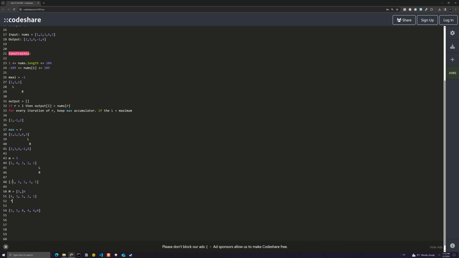Mm-hmm. So what the monotonic stack will end up looking like would be, let's say, 4, 0, 3, and then 1, etc. Right. So basically, back to where we were before, we have 5 at index 0, 1, 2, and then what we do is, okay, so we have 5 at index 2, and then from here we check to see what